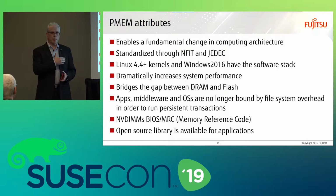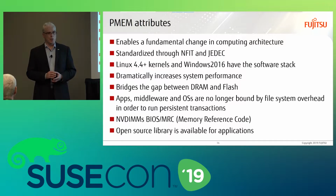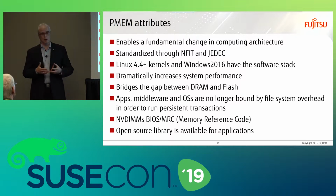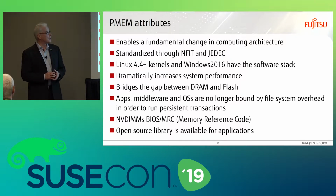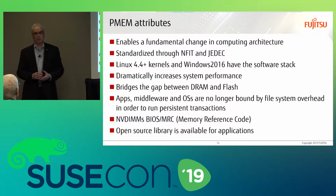As you have seen, here the capacity is enormously large, whereas the old NVDIMMs only had a small capacity of 4, maybe 8 gigabytes, less than the DRAM modules. They were extremely expensive, and the old modules based on DDR3 could only be used with proprietary motherboards. Here, these DIMMs follow the JEDEC standard, so every x86 motherboard which can host a Cascade Lake can also be equipped with these persistent memory modules. From Linux kernel 4.4, this technology is supported, as well as from Microsoft Windows Server 2016. And I think this can enable us to dramatically increase the overall system performance and also the individual